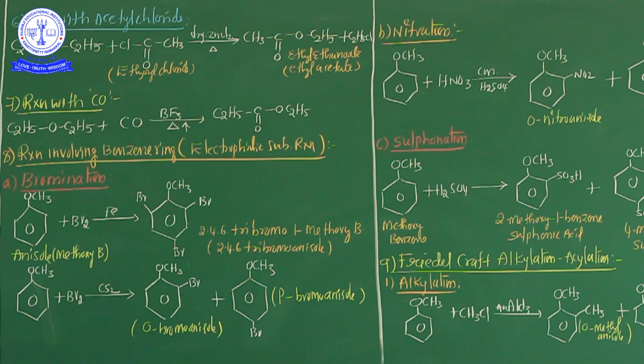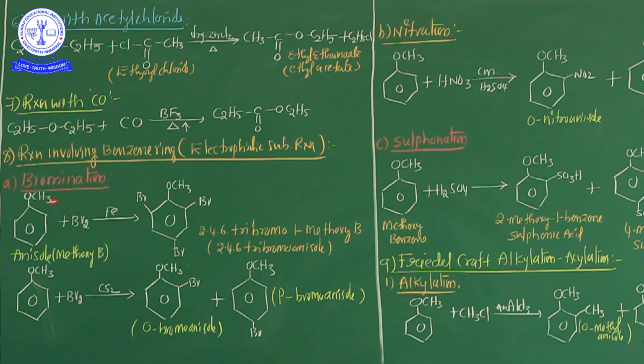So anisole, also one of the ethers, is treated with bromine. Now what happened? 2,4,6-tribromo-1-methoxybenzene is formed. Common name is 2,4,6-tribromoanisole. Okay? See, don't be confused. Here the benzene ring is nothing but representing R. ROR is actually the ether. So one R may be the benzene ring, and one more R is aliphatic, that is, a combination. In the above equation, left side R, right side R, both are aliphatic.